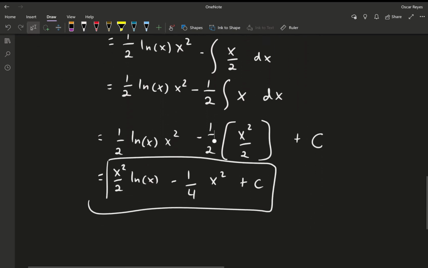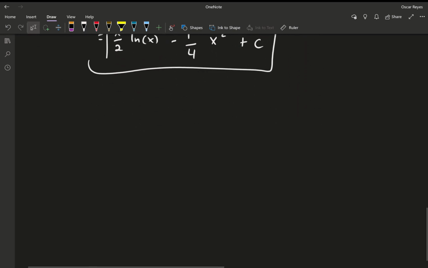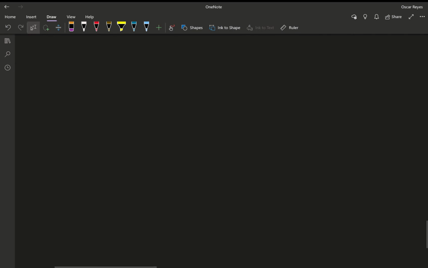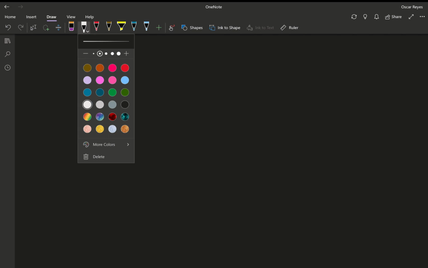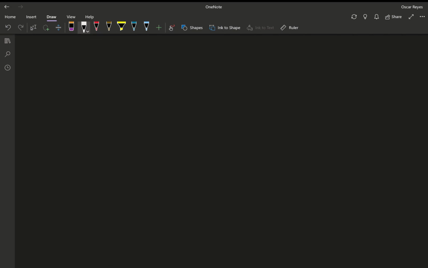Okay, so like I said, it's not too difficult. It does start to get difficult, and when it does start to get difficult, then that's when we can go ahead and think about these things a little more clearly. But let's go ahead and try to work on another example. So another example is going to be x squared sine of x